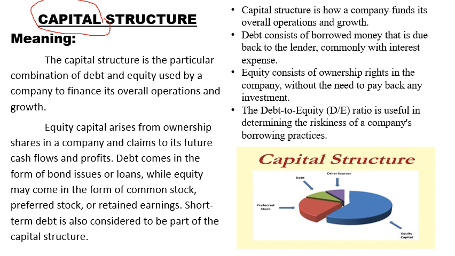Then equity consists of ownership rights in the company without the need to pay back any investment. So paying back or redemption is dependent on that particular shareholder or owner. The debt to equity ratio is useful in determining the riskiness of a company's borrowing practices. It calculates the risk factor of a company in its borrowing practices. So they have to maintain the ideal